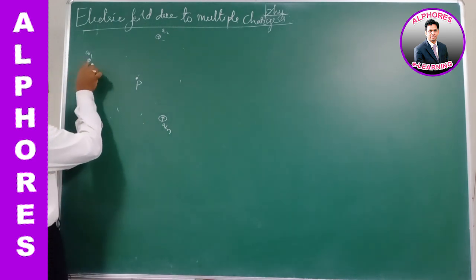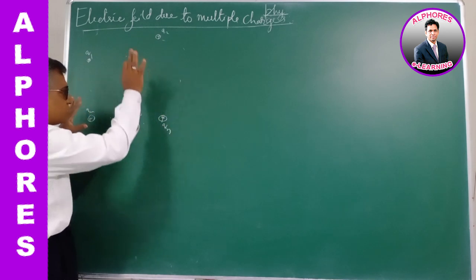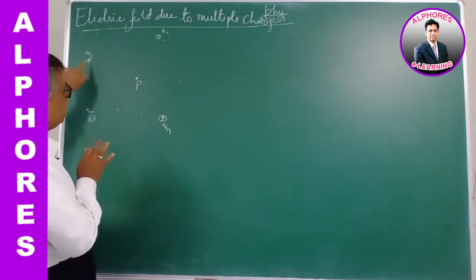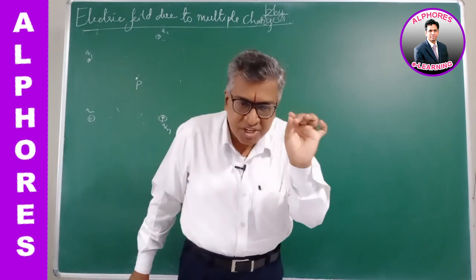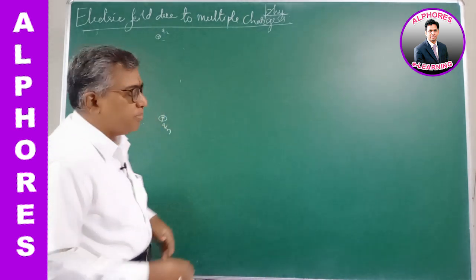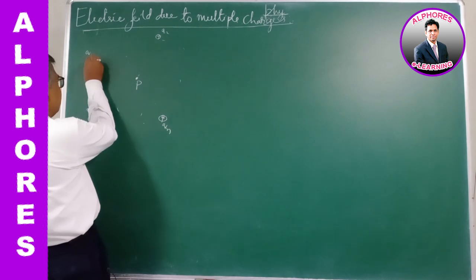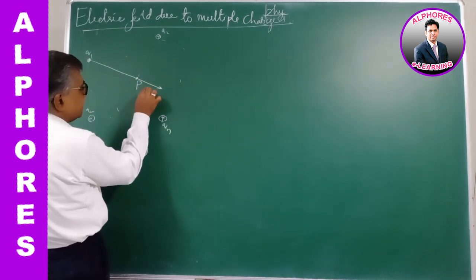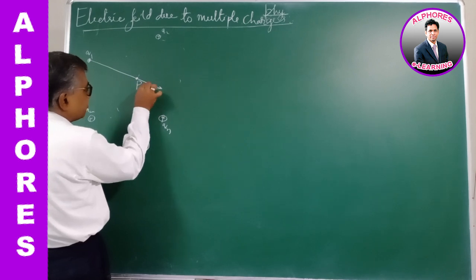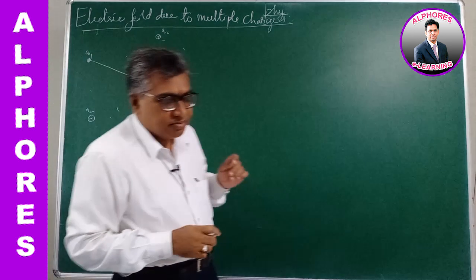First consider this charge to be isolated. Let's suppose there are no charges around. Had only this charge been existing, then the electric field due to that charge Q1, only Q1 at P. So charge Q1, positive charge, field due to charge Q1 at P. So this is E1 bar, E1.